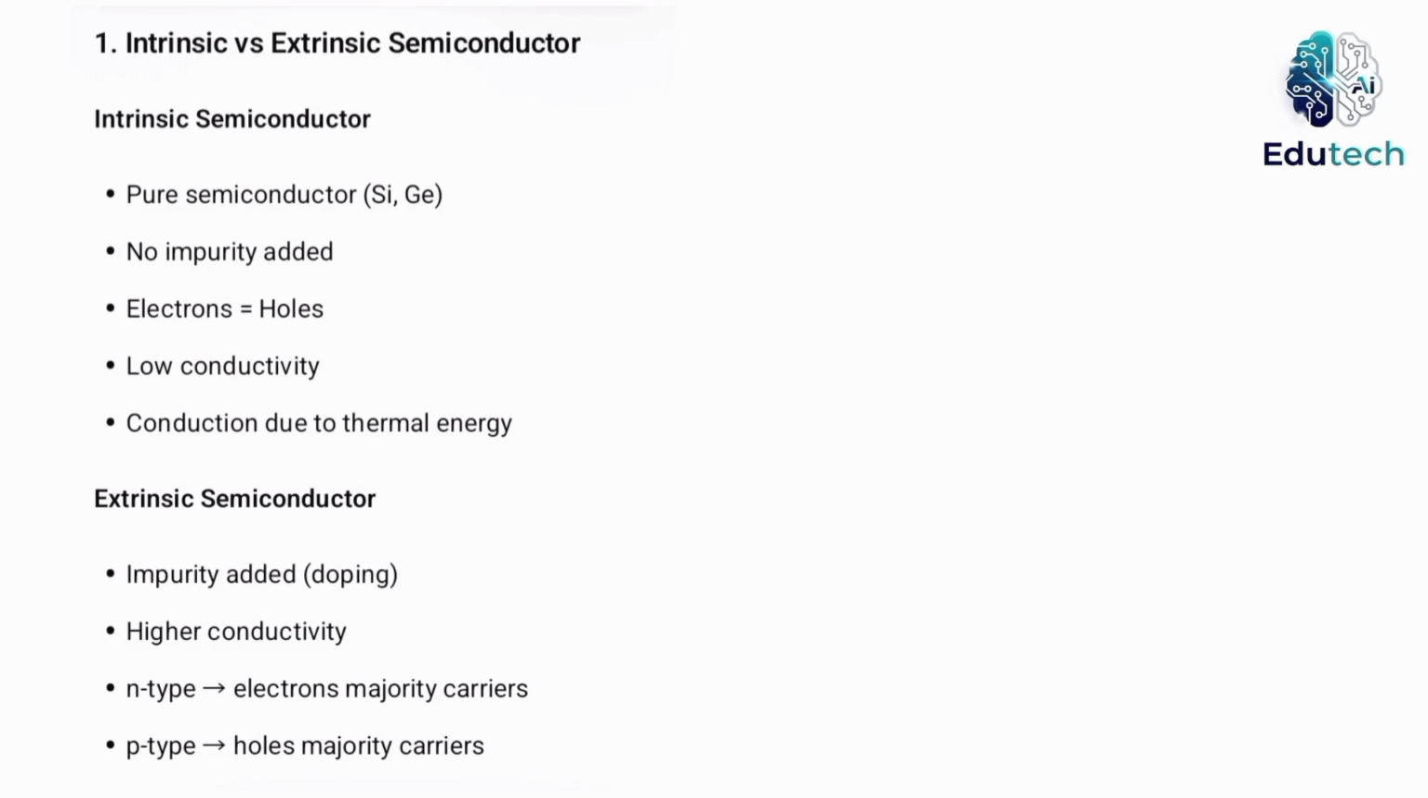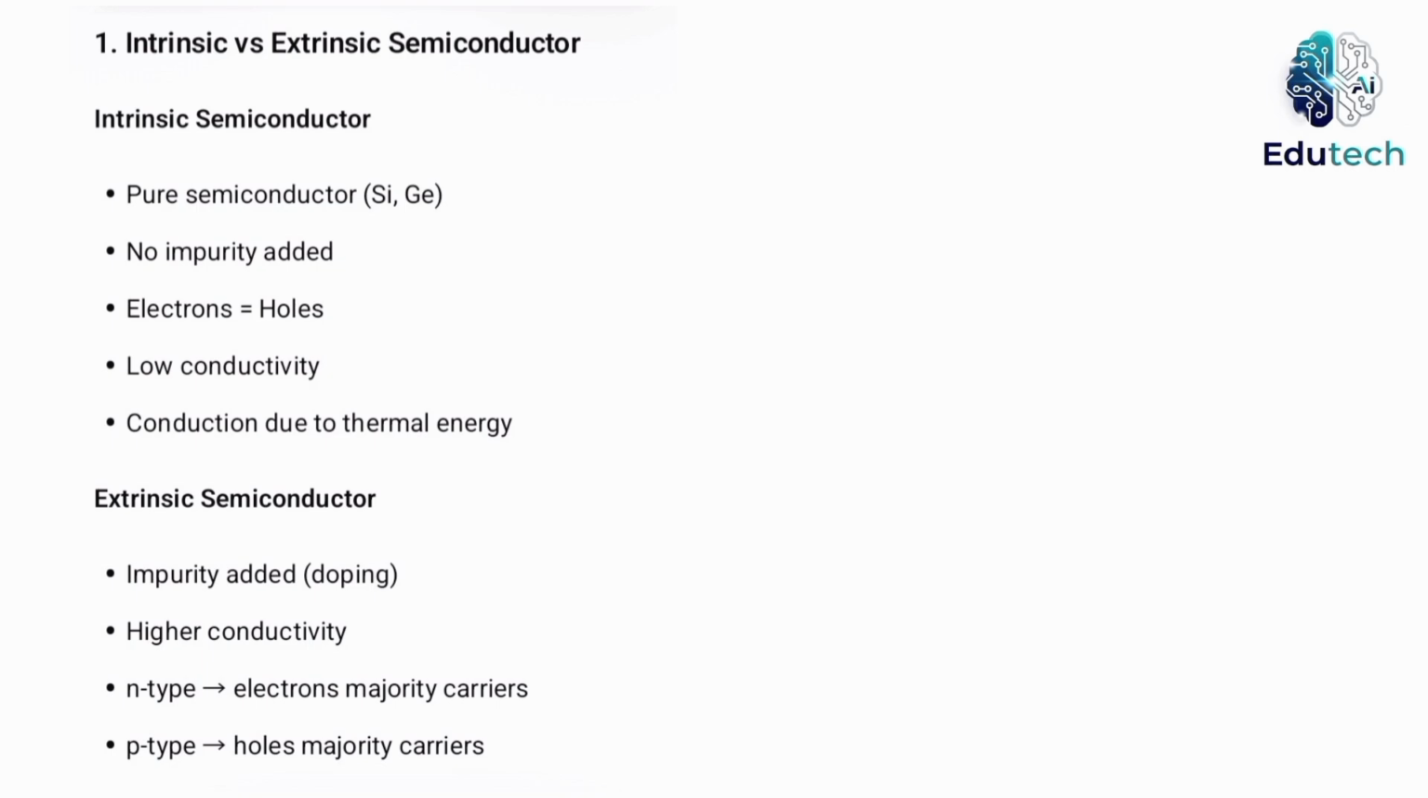What is an intrinsic and extrinsic semiconductor? An intrinsic semiconductor is a pure semiconductor material like silicon or germanium without any impurities. In this type, the number of electrons is equal to the number of holes, and the conduction is due to thermally generated charge carriers. An extrinsic semiconductor is formed by adding small amounts of impurities to a pure semiconductor to